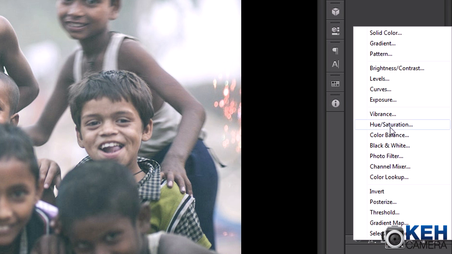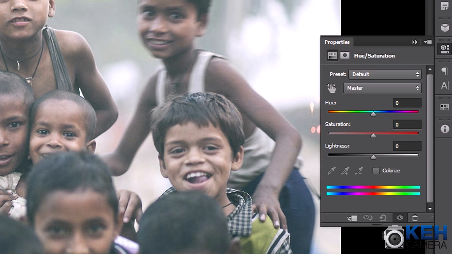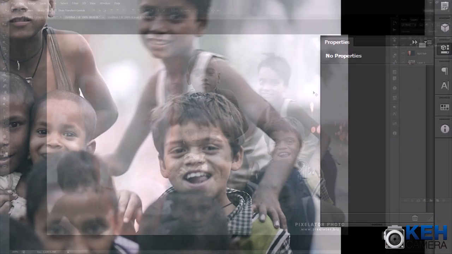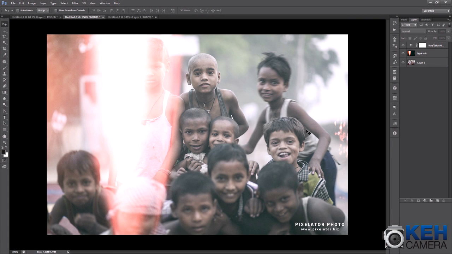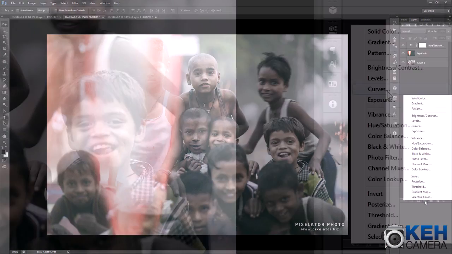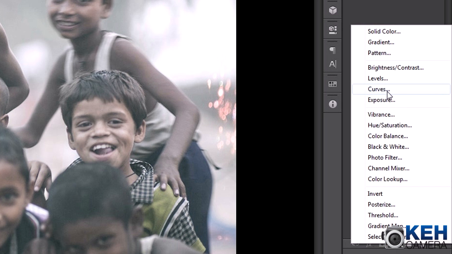I want to desaturate this a little bit, so I'm going to go to the layers palette and select hue saturation, and take the saturation slider down to maybe 30, 25, 35, something like that. Okay, that looks good. I want to add some contrast, so I'm going to select the curves adjustment layer,